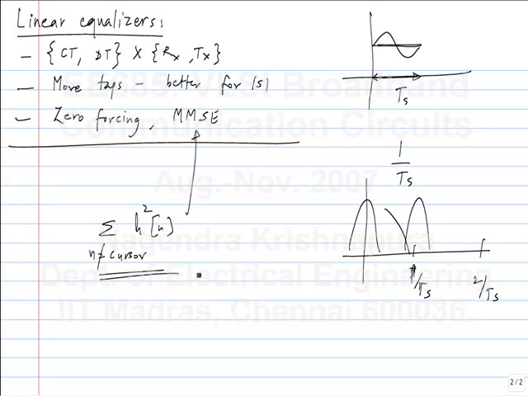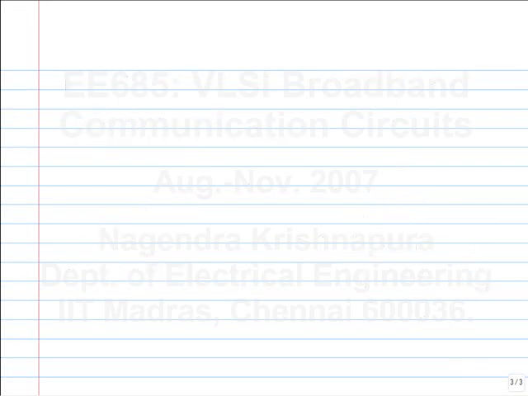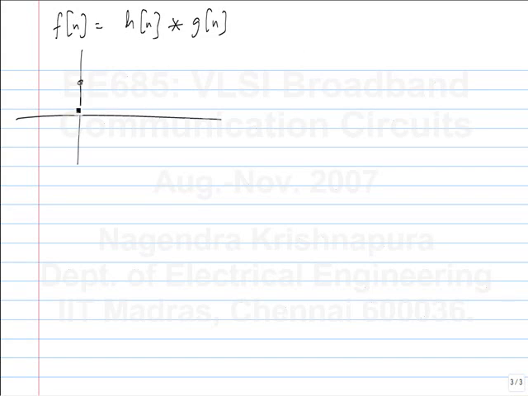Let's say this is the composite response of the channel, that is H convolved with G. H is the channel response and this is the equalizer response. Just for illustration, let's say it has 5 taps like this. Then what you get when you send binary data through this channel is,